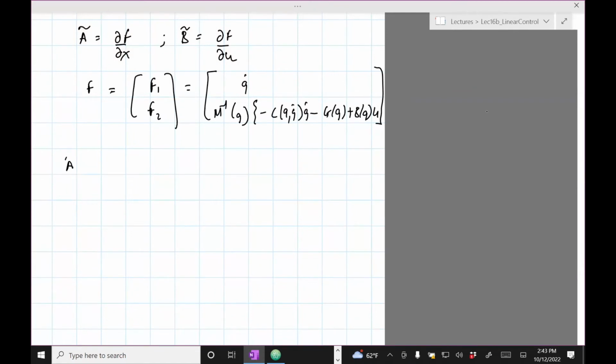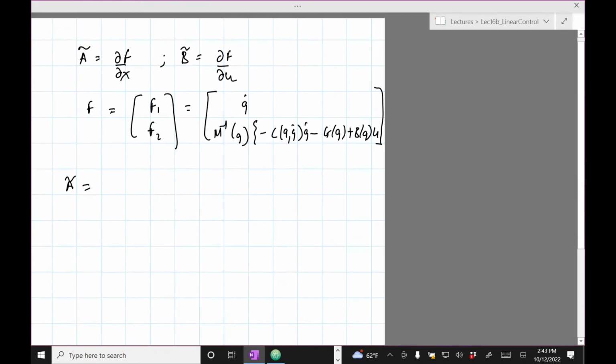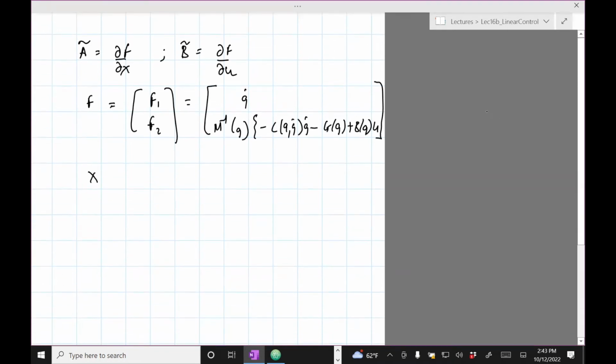Okay, so let's compute A. So again, you do the same thing, which is you differentiate. I forgot to put one more thing. X is q and q dot, right? I need that. So df dx is going to be,